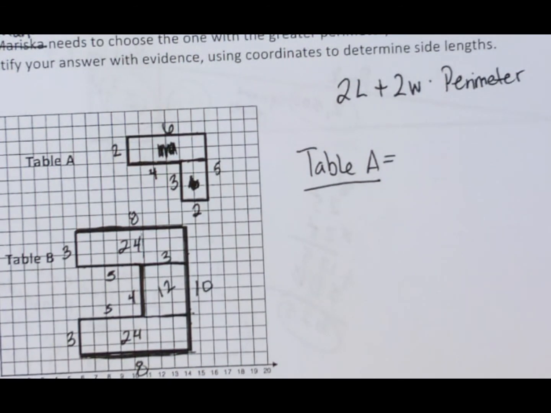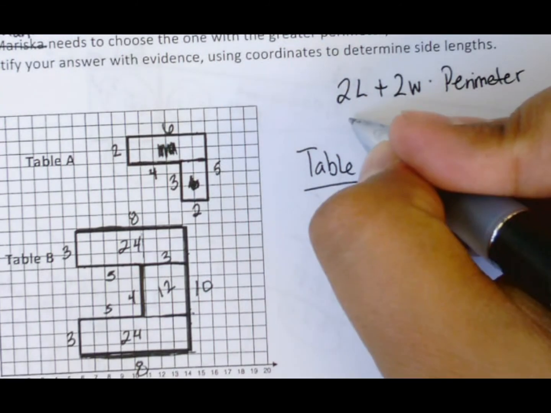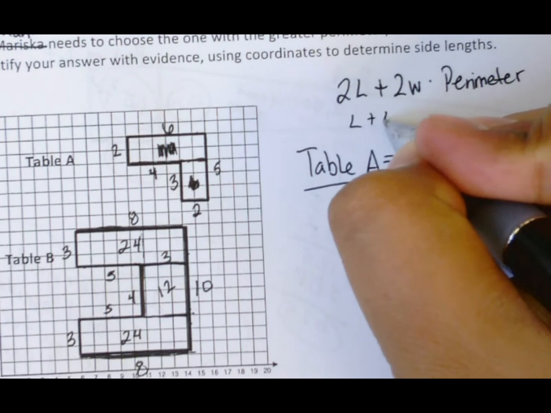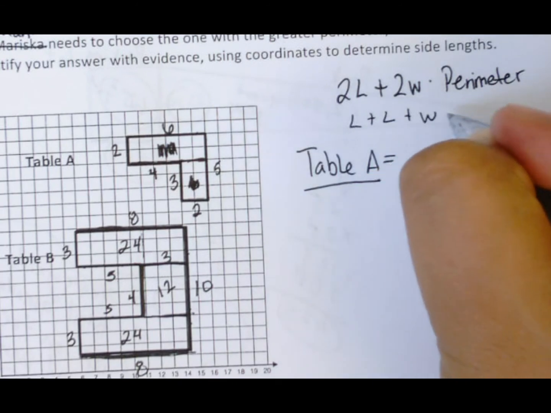Do we know the dimensions on the outside? How do you find a perimeter? Go ahead and talk to each other. How do you find a perimeter? Let's go, guys. From there you add your width. Or wait,